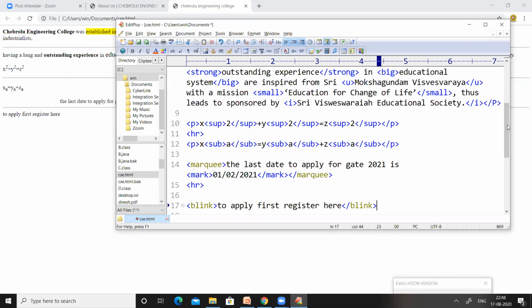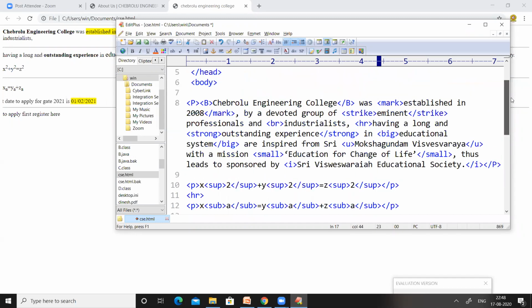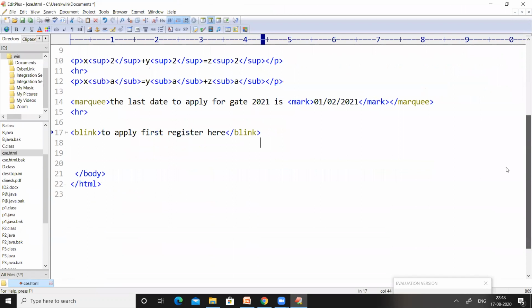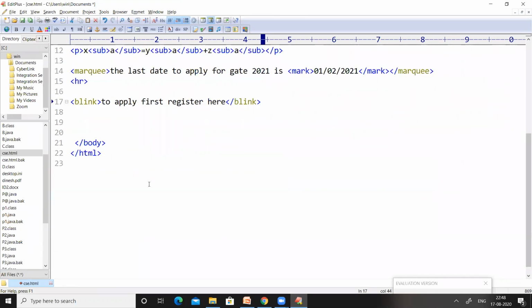So with this, I'm closing today's session. Let us have a quick look at all the things we have used in today's class. We have used the paragraph tag in order to represent a paragraph, and then the bold tag to apply boldness to the text, the italic tag to apply italic for some text, and then the underline tag to underline some part of text.